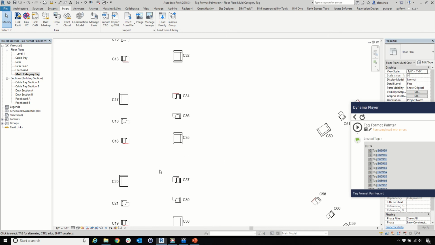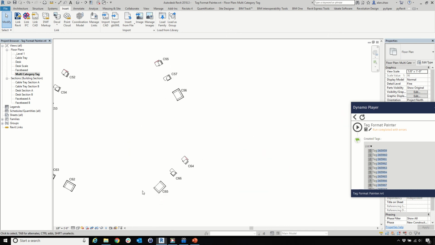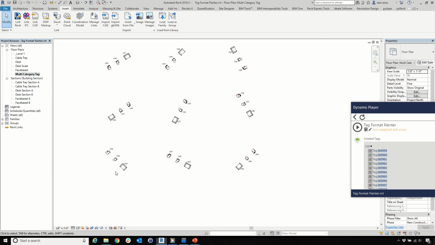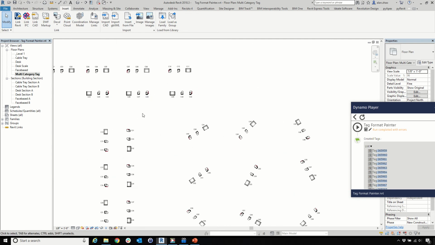Now all these chairs have been tagged and they're all pretty much aligned. So